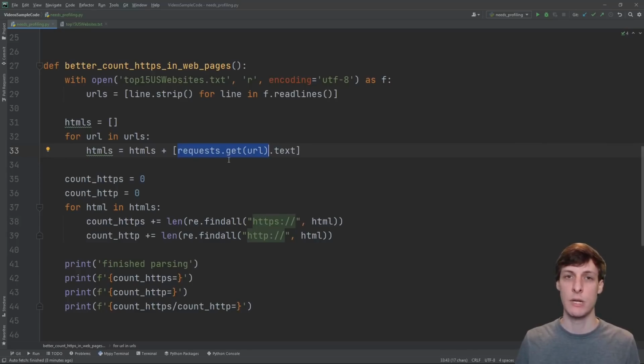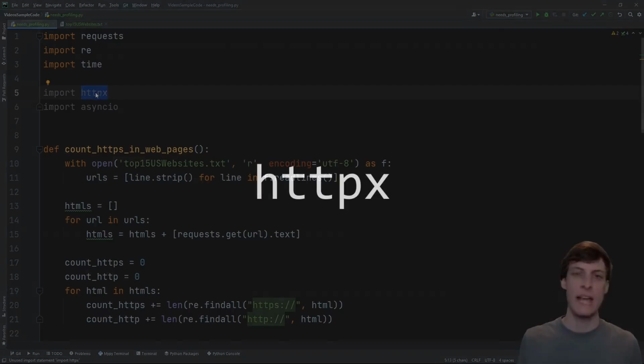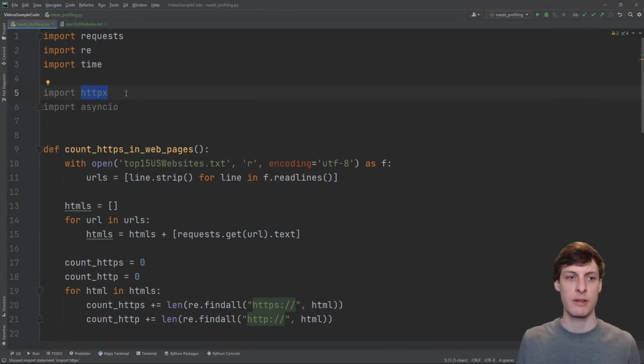So all I'm going to do is switch out requests for that other library and see if that makes things better. HTTPX is the library that I'm talking about. It's basically a drop-in replacement for requests if you need it, but it also supports an asynchronous style of doing the requests. And I'll also need asyncio in order to run a basic event loop.